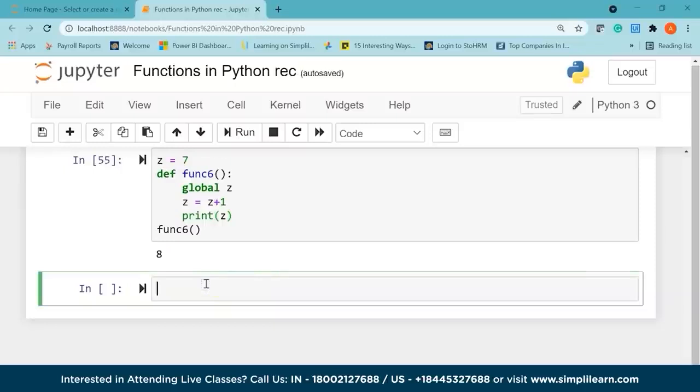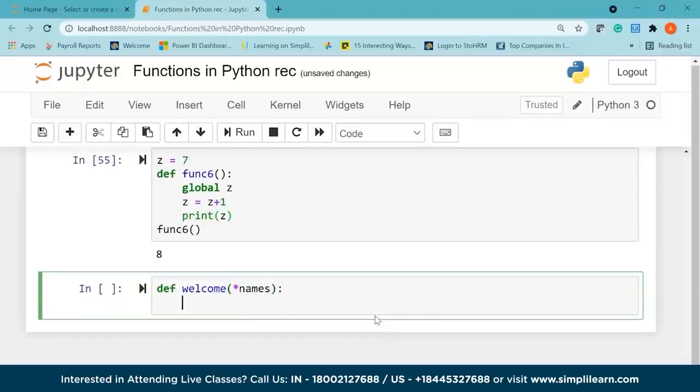Now asterisk args in function definitions in Python are used to pass a variable number of arguments to a function. Suppose you don't know the exact number of arguments you need, so you can use the argument with an asterisk symbol. Let me show you how to do it. I'll say def welcome, and here I'm going to pass in an asterisk followed by the name of my argument, which is